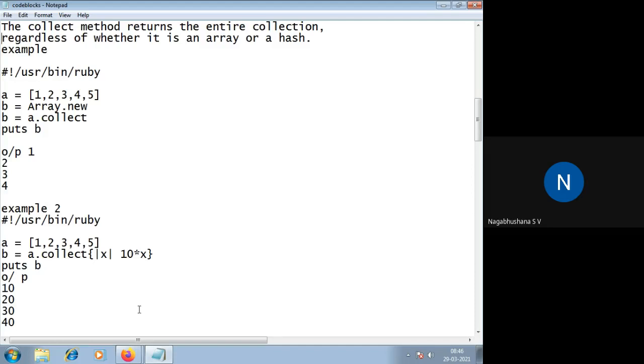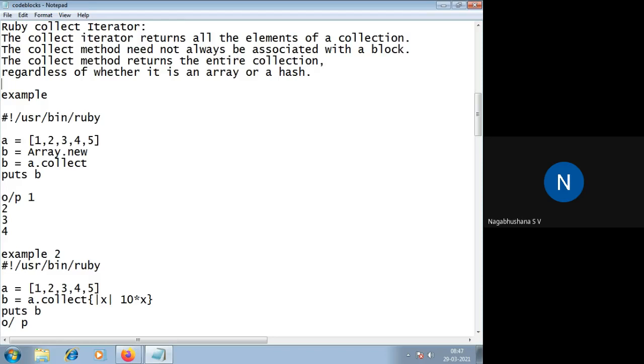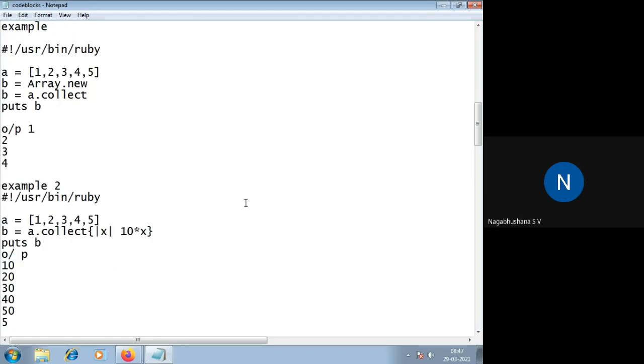But if you want to do it, you have to write 2-3 statements in a typical C or Java program, right? But here it is not required. So it reads all the elements at a time, and whatever operations I want to do, I can use. But one thing that you have to note here is you cannot have this operation, 10 into x, directly as in the first example. I'm showing you two examples where you can use with block and without block.